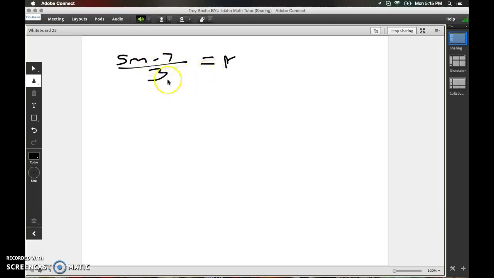Now we can treat it just like this. R is just any number. M is just any number. The object is to get m by itself. So we're going to do the same process as we would use to get x by itself. We're going to first multiply each side by 3 to get that thing off the bottom. And if you don't know what I'm doing here, watch the basic algebra video and it'll help you out. This crosses out with that, and we're left with 5m minus 7